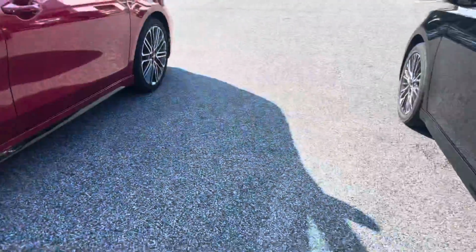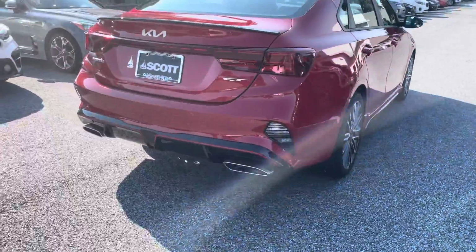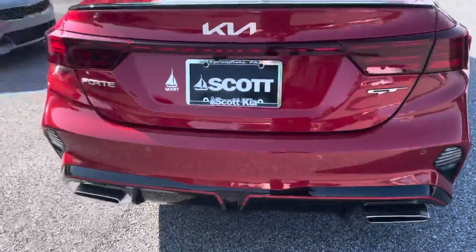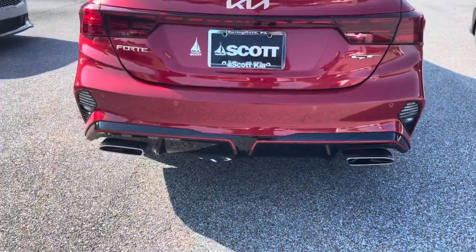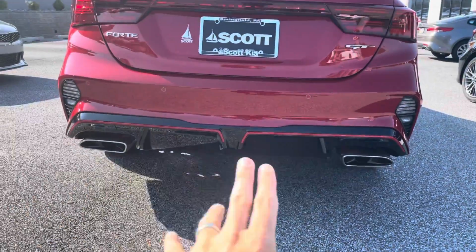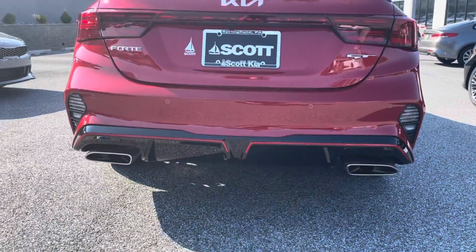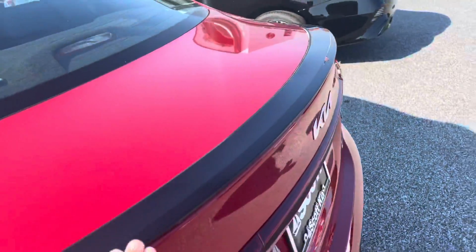Same exact side rockers. When you come to the back, you're going to see the main difference that sets it off on the GT. Of course, you get your GT emblem badging, but the main thing is the dual exhaust tips coming out the rear bumper. So you have your dual exhaust tips. You have a different bumper to support the dual exhaust, as well as the GT spoiler, which looks great, again,